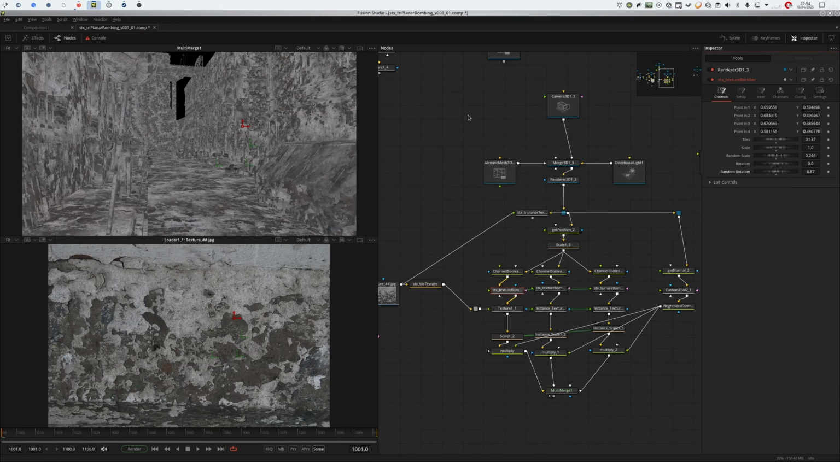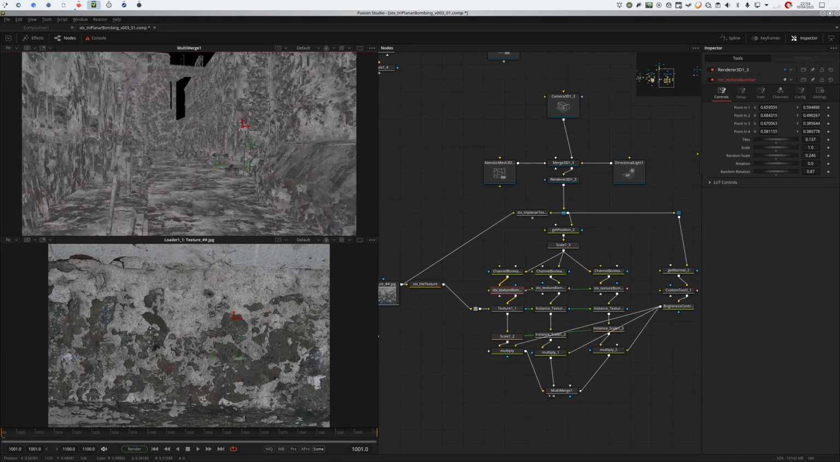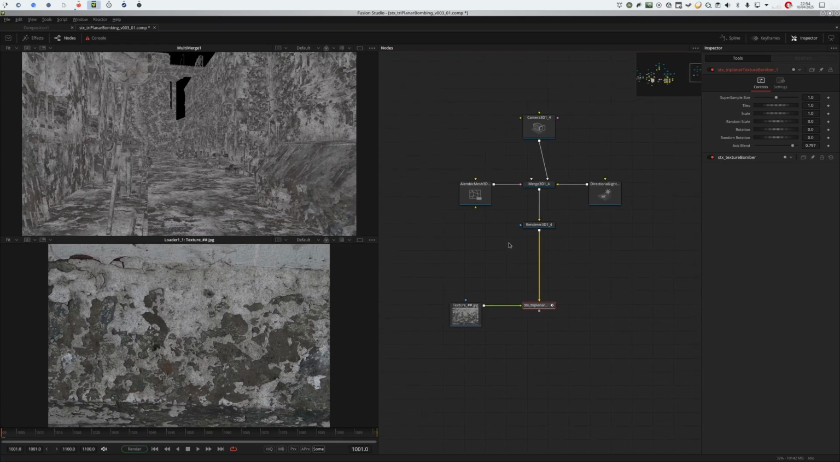And you can see now it's much harder to see where the texture actually tiles. And what I've done is just wrap this up in a little node that I'm calling STX Tri-planar Texture Bomber, and it's available for free